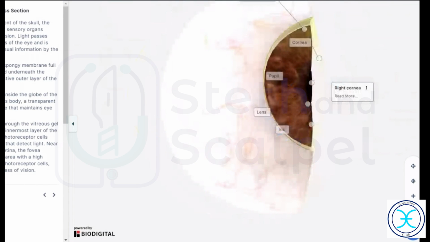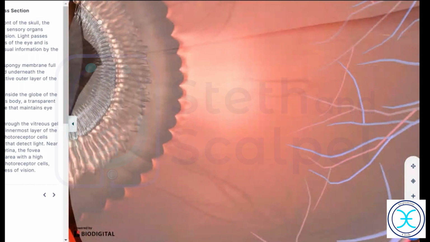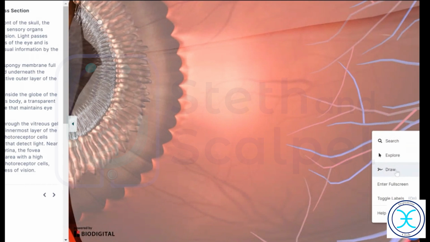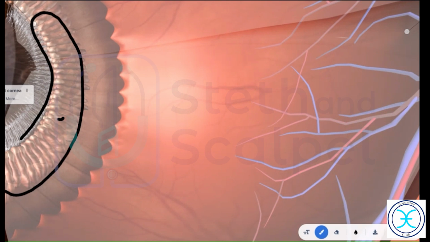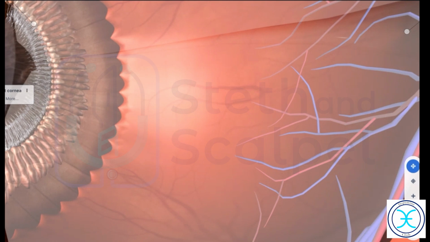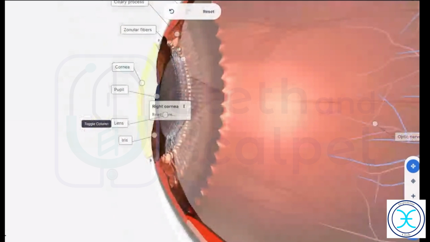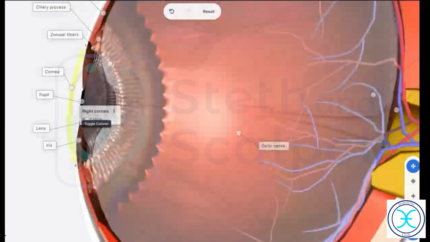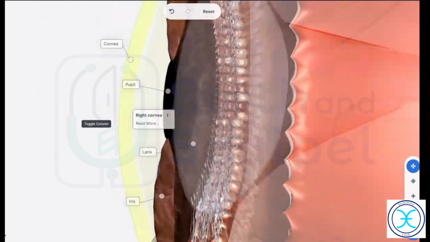So this is how it looks, and you can see the muscles over here. These are the ciliary muscles. So these ones over here, they're the ciliary muscles. Okay. So just have a good look at the model. If you have a good idea about this and where each and every part is, that will be really useful.